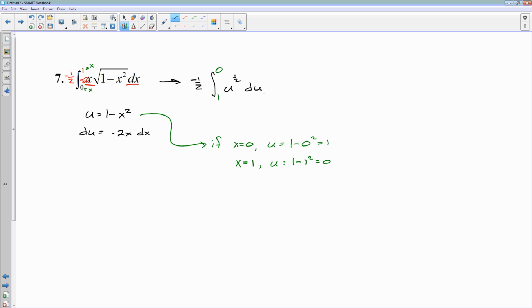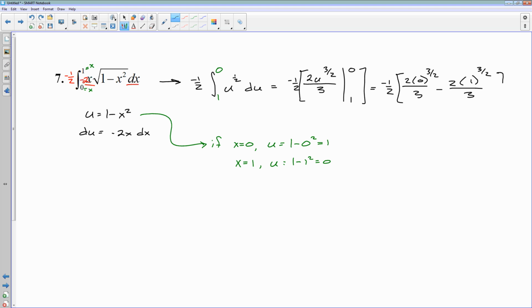And now when I do the antiderivative, this is negative 1/2. I'm about to do the antiderivative, so I'll lose the little squiggle thing. That would give me u to the 3/2 over 3/2, which is the same as times 2/3. And I will evaluate that from 1 to 0. I can go ahead and evaluate because I converted my x values into u values. So that gives me negative 1/2, and then 2 times 0 to the 3/2, I don't know what that is, we'll just leave it, that's kind of high-level math right there, divided by 3. Minus, and then I'll plug in 1: 2 times 1 to the 3/2, all over 3. And there's our